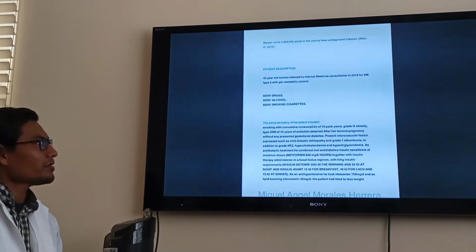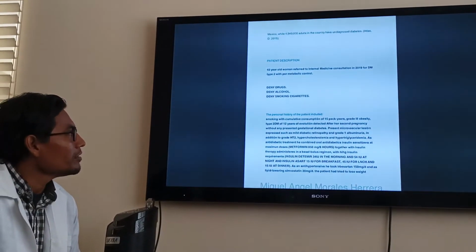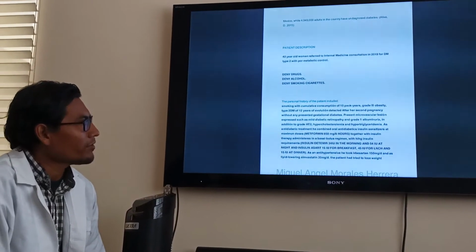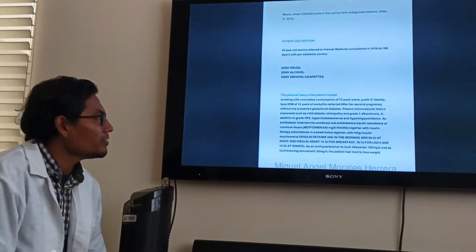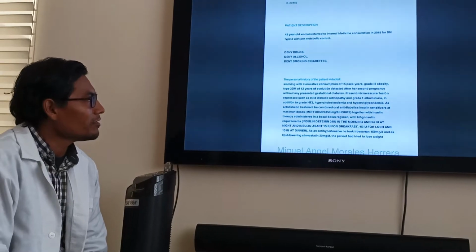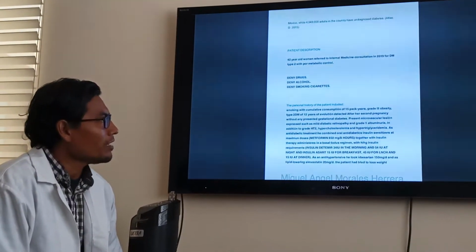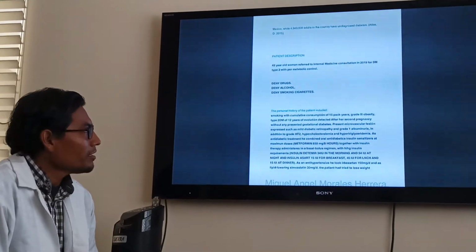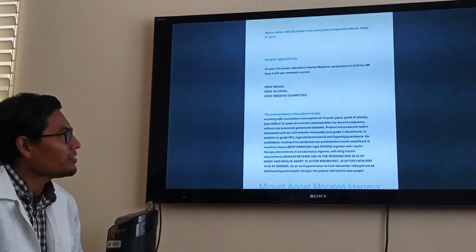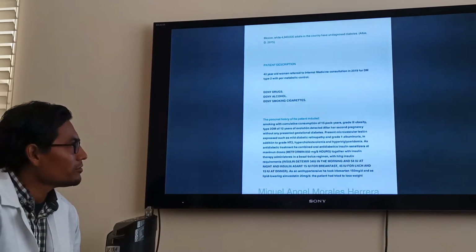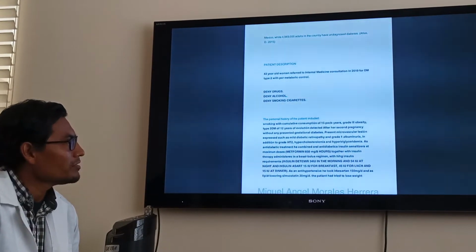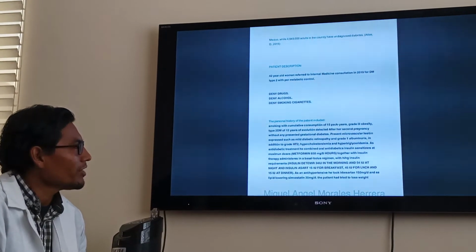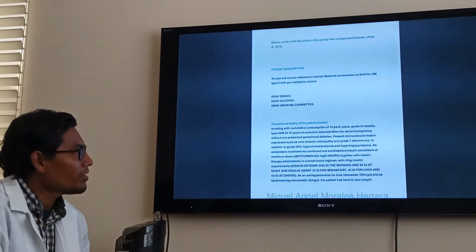The personal history of the patient included smoking with a cumulative consumption of 55 pack-years, grade 3 obesity, and type 2 diabetes mellitus of 12 years of evolution, detected after her second pregnancy, without any previous gestational diabetes. She presents microvascular lesions, such as mild diabetic retinopathy and grade 1 albuminuria, in addition to grade 2 hypertension,